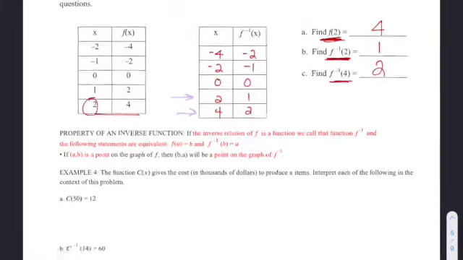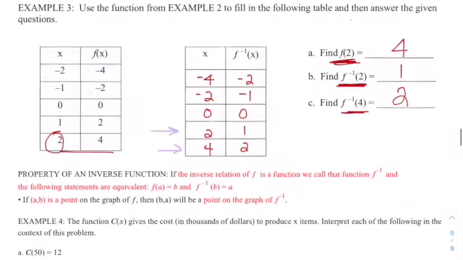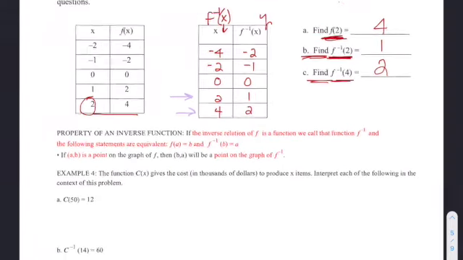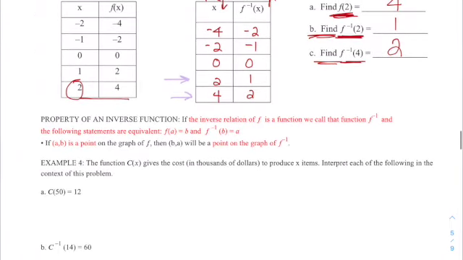All right. And then going on, in this case you're looking for the ones that have f of inverse. This is the f of inverse x value plugging in here, and then this is the y value coming out. This is the y value that's going to be recorded. All right, so now it says property of